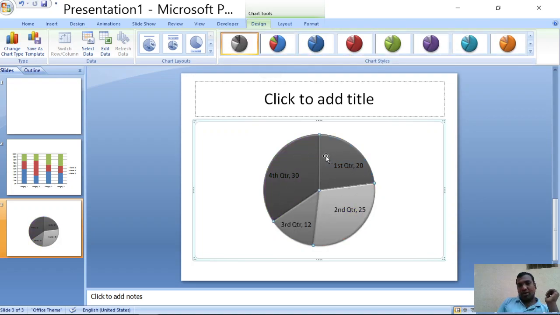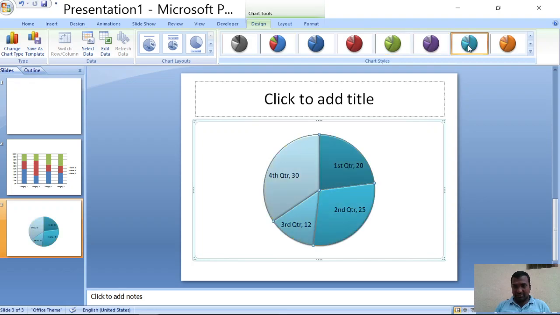The live preview of the respective chart style is going to be applied to the selected chart. So this is about the Design tab. In the Design tab we have options to change the layout of charts, to change the styles of the chart, to edit the data, and we can select the data.